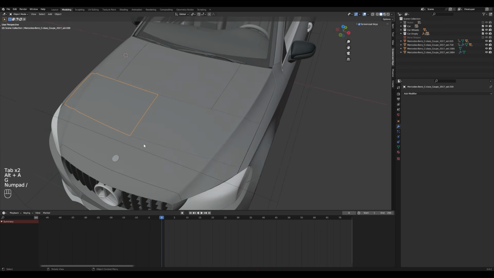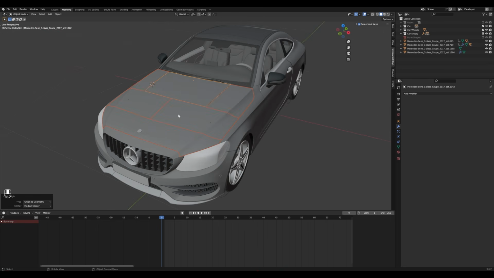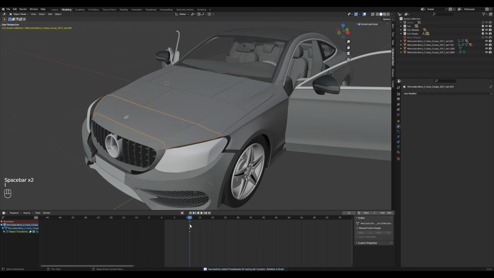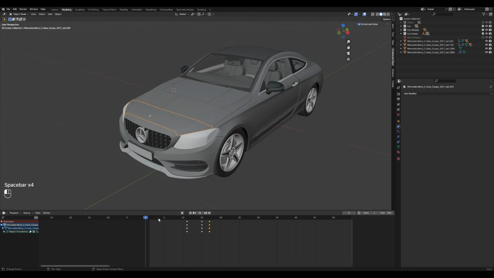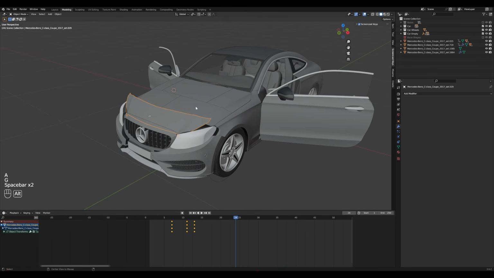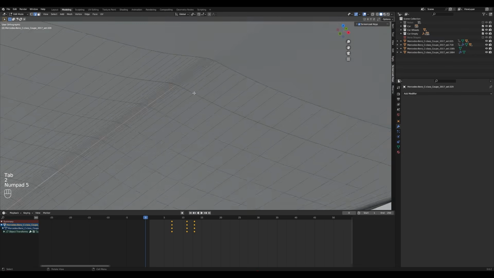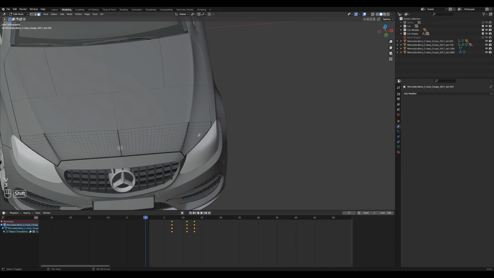So now we have these parts, but these parts have the same origin. So what I'm going to do is right click on it and set origin to geometry so that each part has its own pivot point. Now it is easy to animate it. And let's animate this piece as well. The bouncing effect is very important to the Transformers animation. This bouncing effect makes the transformation animation feel more rigid and real.